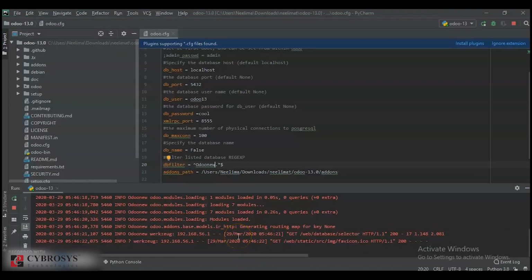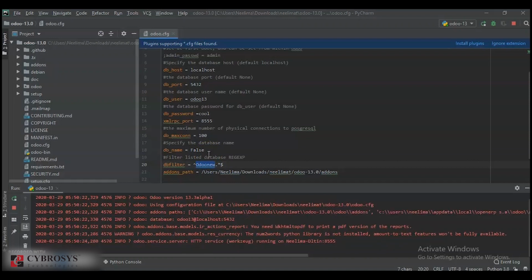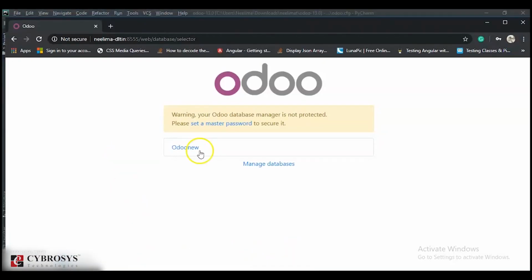So you can understand the difference. What is the difference? In the case of DB name, specifically what we have given, that only will be shown. But in the case of DB filter, it will filter according to the subdomain. Like, here in the case of Odoo new, all the databases that start with Odoo new will be shown. So let us create a new database. Okay, I'm going to manage database and create.